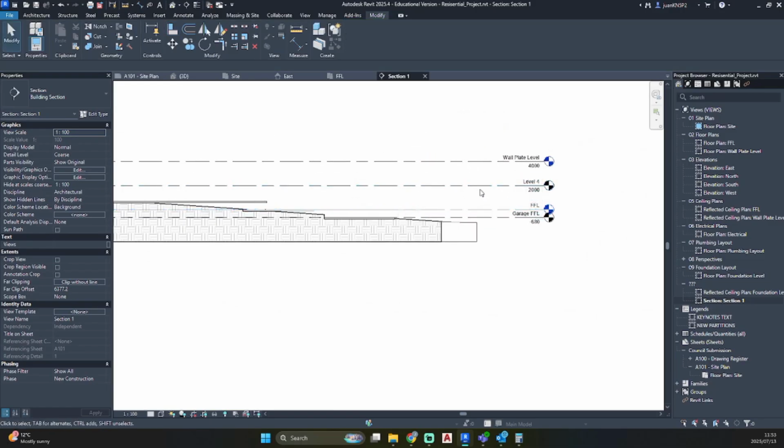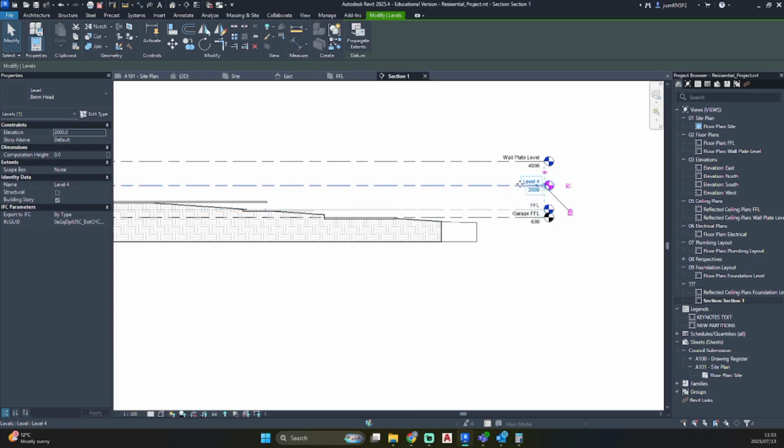So let's do the same for our other new level. If we go to our properties panel under name, let's just name it private space finish floor level. If you move your mouse into the workspace, you'll see that the name is auto updated. So now let us select our align tool.